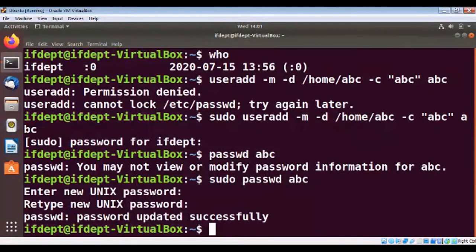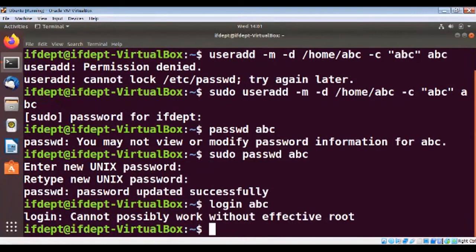Now currently I am in the IFDPT login. Now I want to switch back to this ABC user, right? So what I am going to do is use the login command. Just now I have shown this in the slide. In front of this, suppose I write ABC, which is my username. Next, what is going to happen?